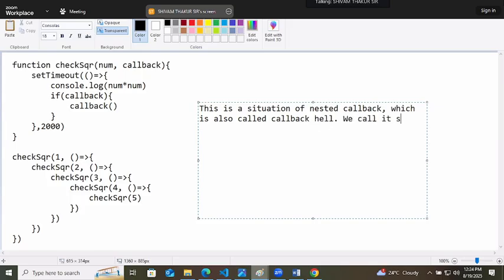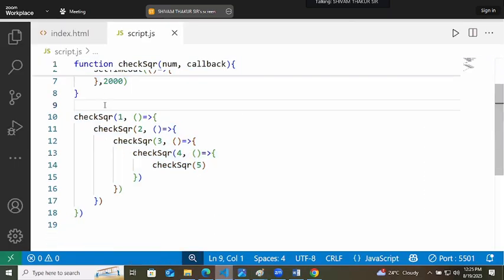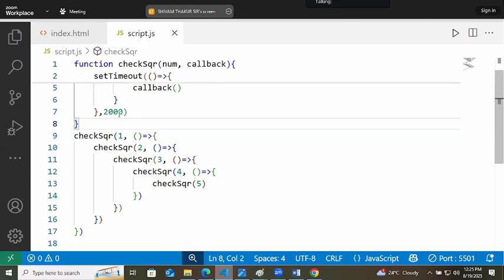We call it hell because the code is very confusing and hard to update. Now, as a developer, I can see your faces now, right?